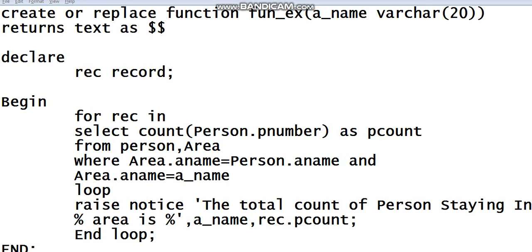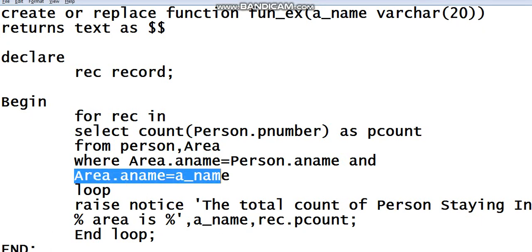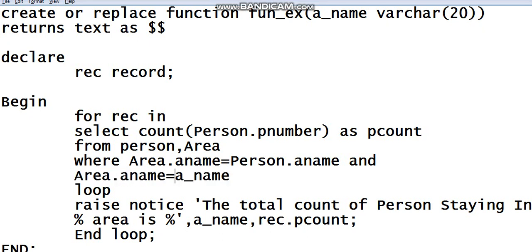Always remember, on the left-hand side, area.a_name is the column name of your table, and a_name on the right is just the variable declared by the user. This variable is local to this particular function.